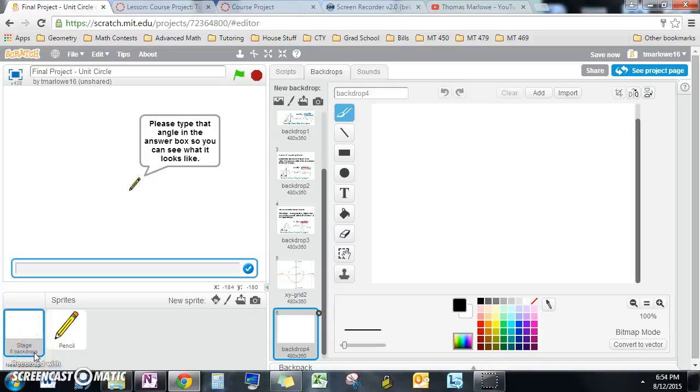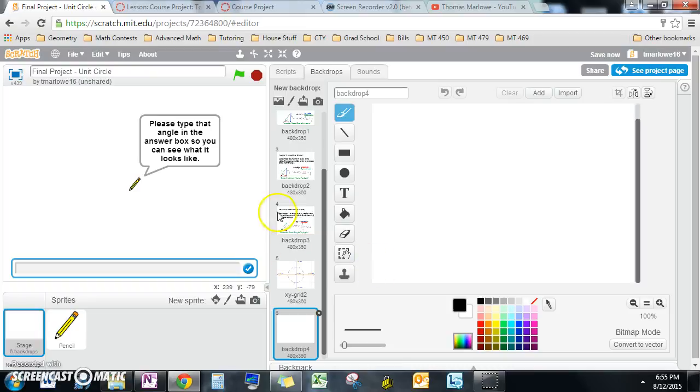So before we can do anything with the actual coding in this program, we really want to make sure we have a good background that makes sense and that our pencil can use to make the correct angles and everything looks nice. So in order to do that, we want this basic unit circle background, which you saw in the introductory video, where we have an XY axis coordinate system, and we have this unit circle in black that's overlaid on top of that, and that way we can have that defined, so then when our pencil can go to the origin and it can rotate however many degrees it has to, it'll all look nice and be able to